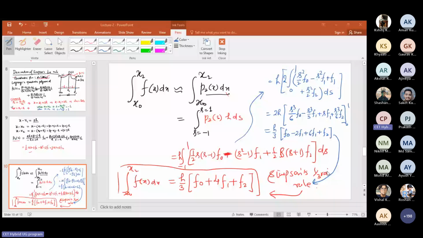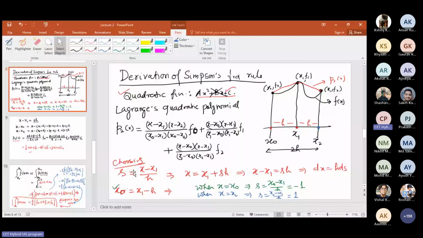बहुत सिंपल है, s का फॉर्मूला कहां से आया आपके पास में, s तो आपने ट्रांसफॉर्मेशन किया है ना, s इज इक्वल टू x माइनस x1 अपॉन h। s और x के बीच में रिलेशन है कि s इज इक्वल टू x माइनस x1 अपॉन h। तो अगर x की वैल्यू x0 है तो s की वैल्यू क्या होगी, x0 माइनस x1 अपॉन h।